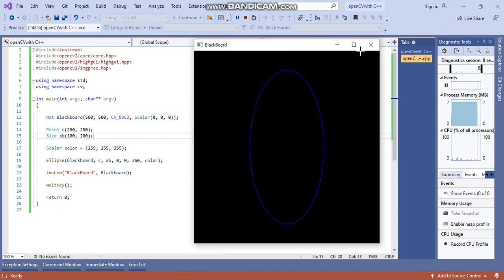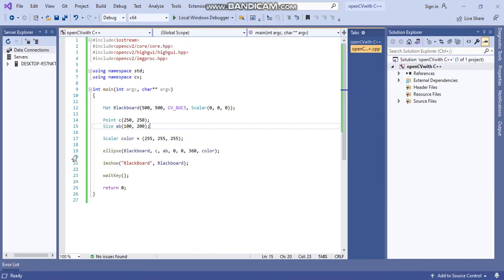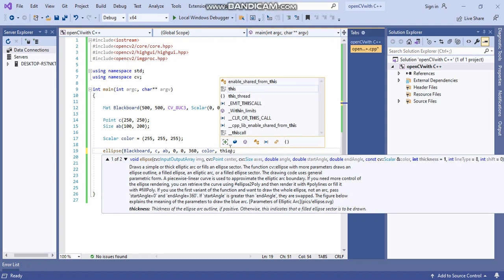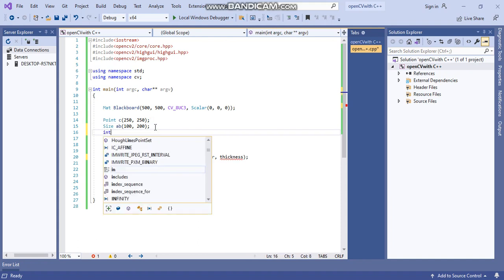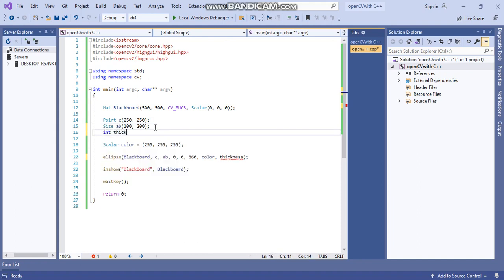If you want to increase the thickness, that was the default thickness, you can define thickness as integer type, int thickness equal to, suppose, 3, okay, and then Control S.